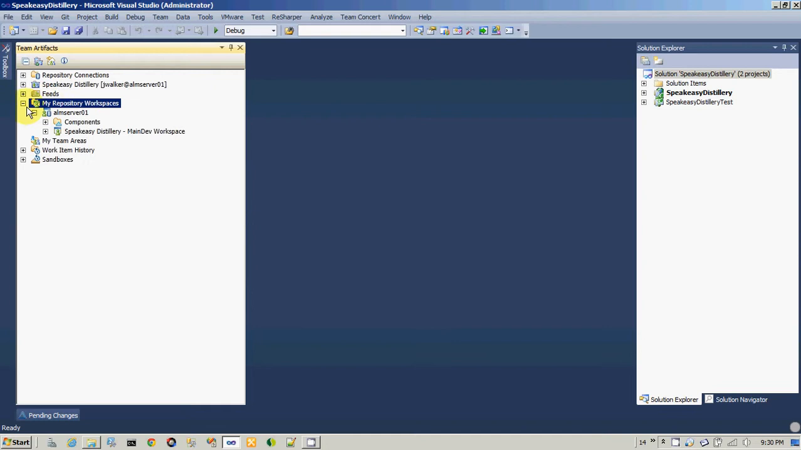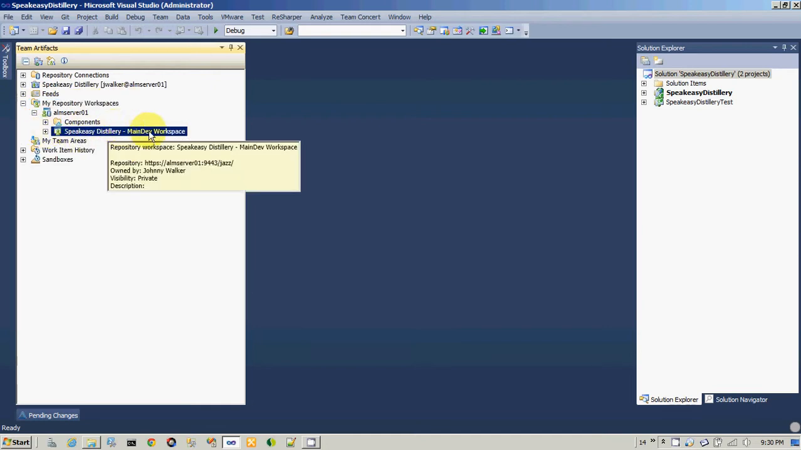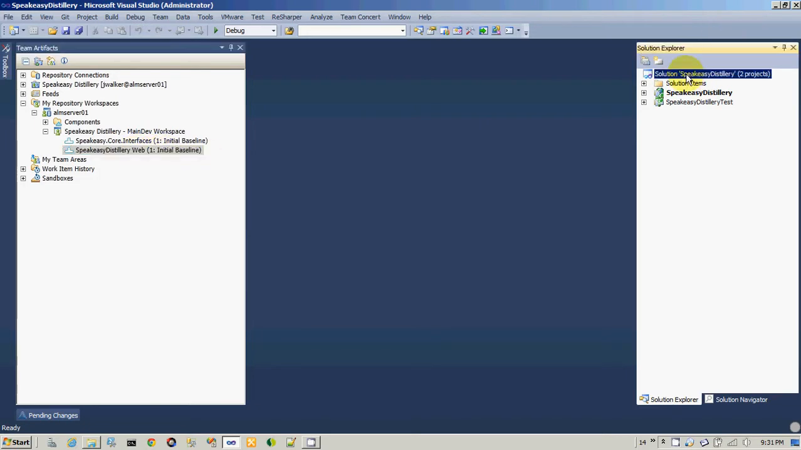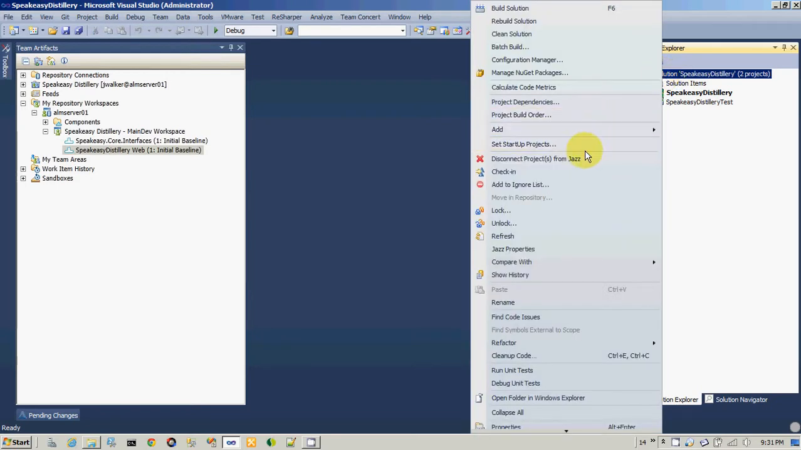This view here shows my current repository workspaces. As you can see, I have one here called the Speakeasy Distillery Main Dev Workspace, and I have two components under there. What I want to do now is check in this solution into this component, the Speakeasy Distillery Web component. In order to do that, I will right-click on the solution and choose to